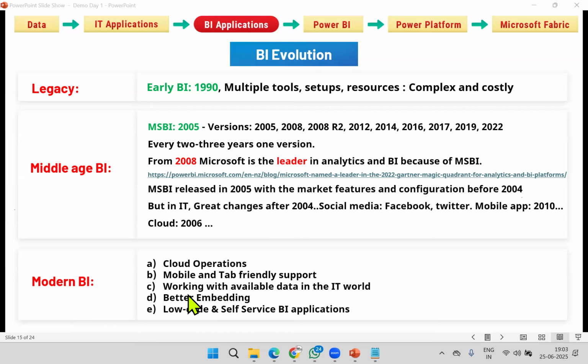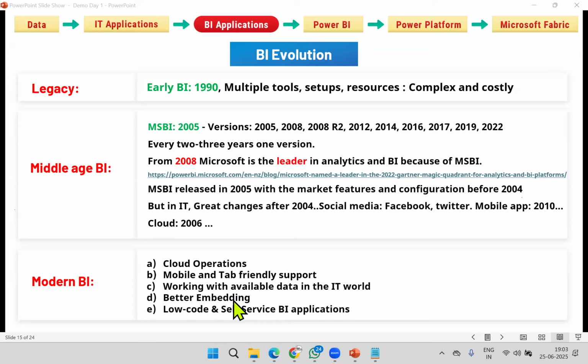And one more thing, better embedding. Embedding means you can place the application in other areas. You can show the Power BI report or BI report in other areas. Example, Facebook, Twitter, your company SharePoint server, your company blog, your company website.